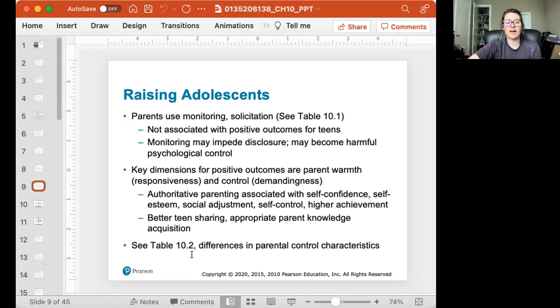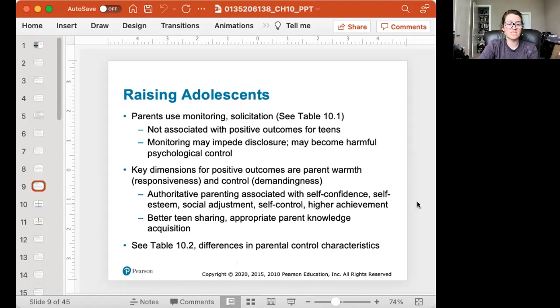Key dimensions for positive outcomes are parent warmth through responsiveness and control through demandingness. I'm going to balance those things. Authoritative parenting is associated with self-confidence, self-esteem, social adjustment, self-control, and higher achievement. I've talked to you guys about that several times to this point in other lectures. There's better teen sharing and appropriate parent knowledge acquisition when this method of parenting is utilized. Table 10.2 and 10.1 in your book can help you see more about solicitation in parenting methods and differences in